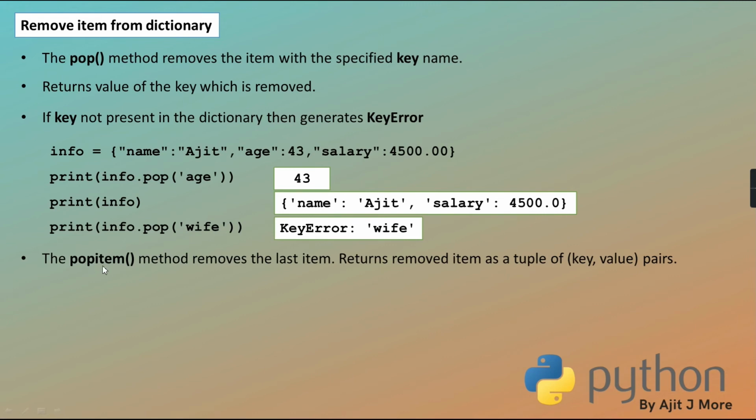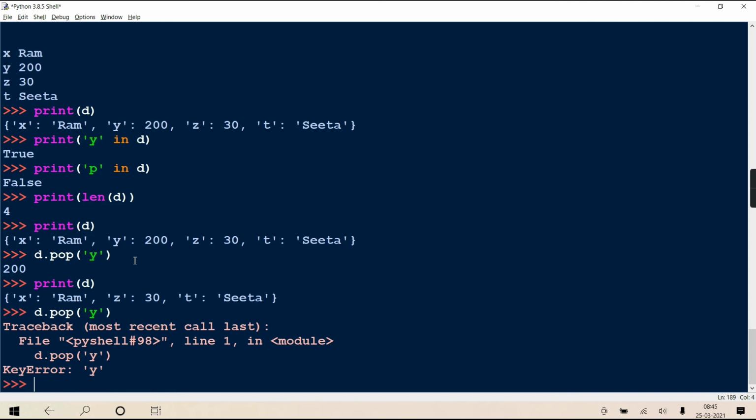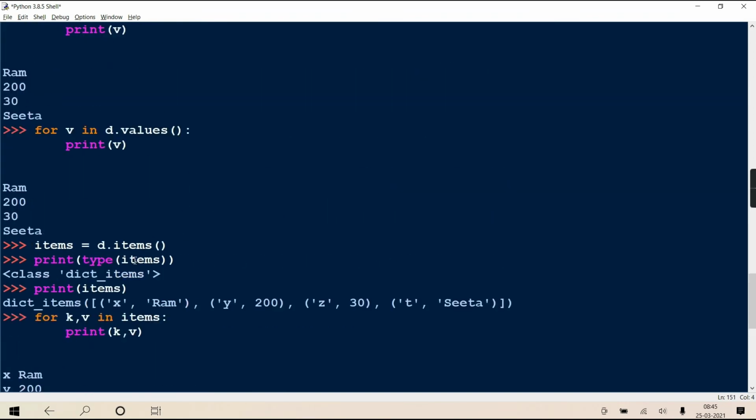Now there is another method called popitem. To popitem, you don't have to mention which item to delete. It will always remove the last item, and the item which is removed, it will return as a tuple in the key-value pair form. Getting? In the form of key comma value. See, again if you want, I'll create this dictionary.